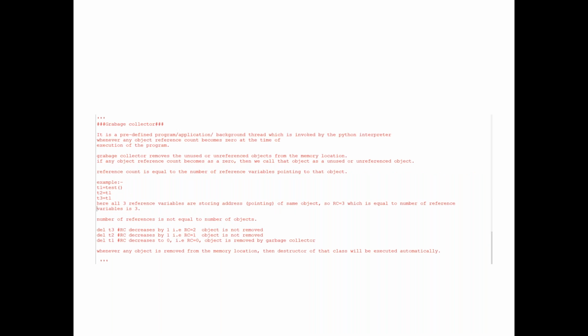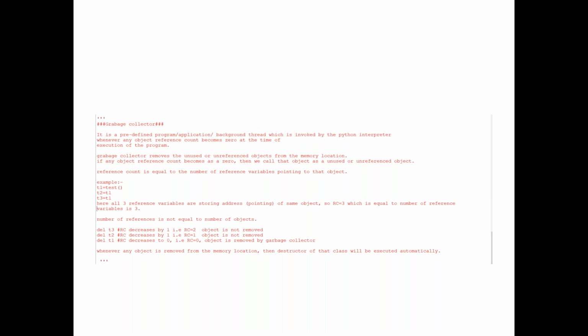Yes, sir. So what is the garbage collector? How to utilize this concept? It is a predefined program or an application, a backend thread. Nothing but a program running in the backend, which is invoked by the Python interpreter. Whenever any object's reference count becomes 0 at the time of execution of the program, then this garbage collector will come into the picture.